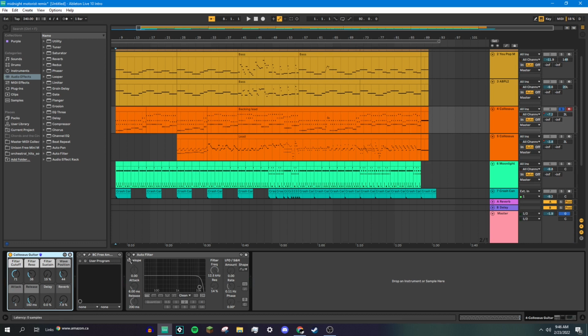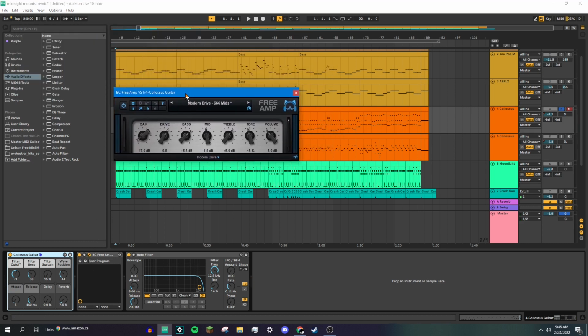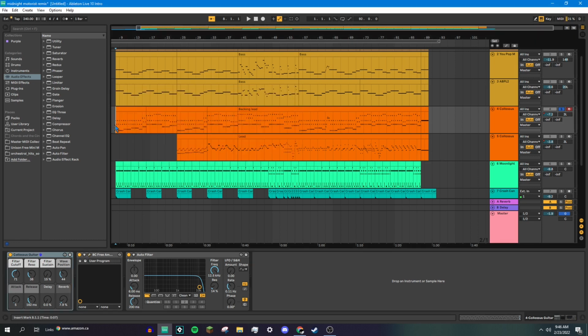So one, I've thrown on a filter, but that's not very important. Next is this guitar amp plugin that I have. Now, I'm not a rich man. I can't afford extremely expensive guitar plugins, but this one does an okay job, especially when you combine it with various effects. So I've got this Modern Drive 666 mids here, and I've just tweaked some of the effects and turned the gain down, and you get this sound,